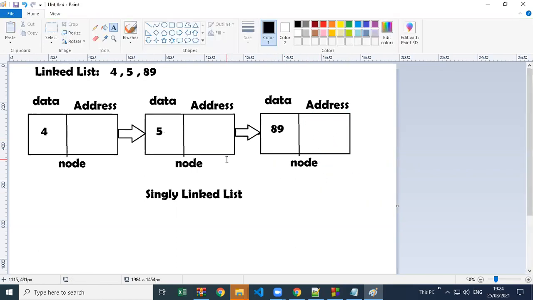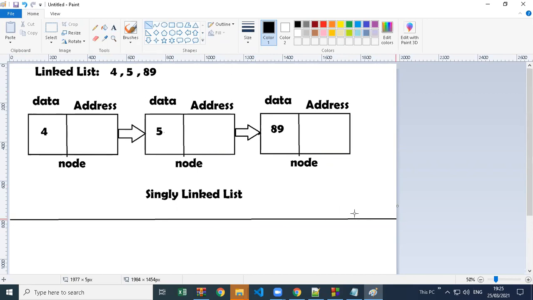So how to do that in Java? You don't have to just store your objects directly. In C++, we have a pointer concept, so we have to use that here. We are going to use that pointer concept here.